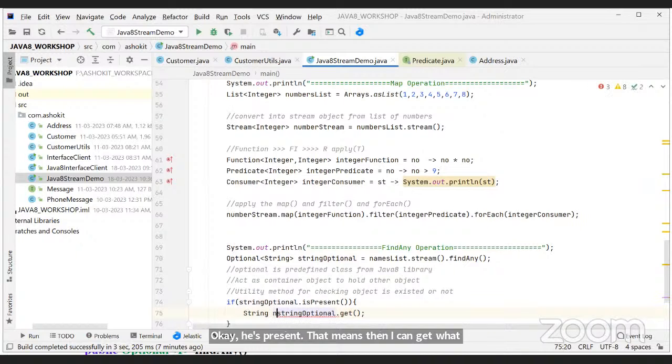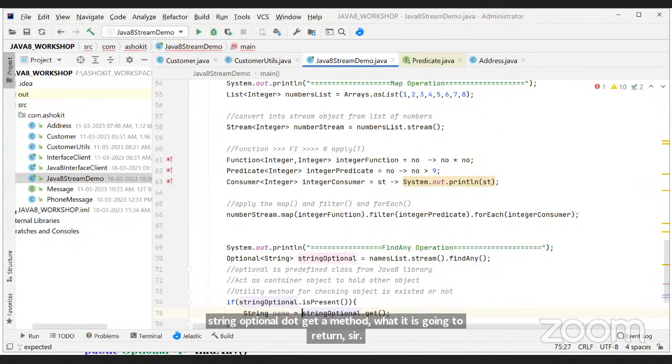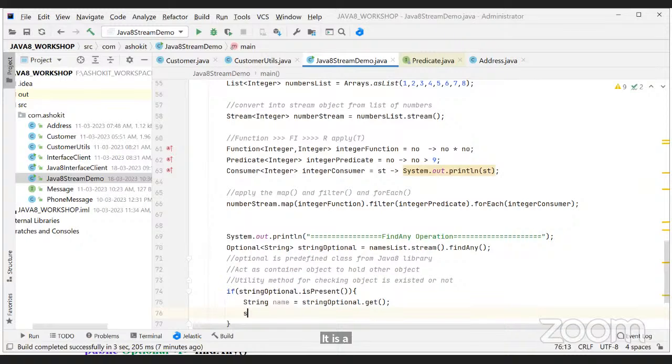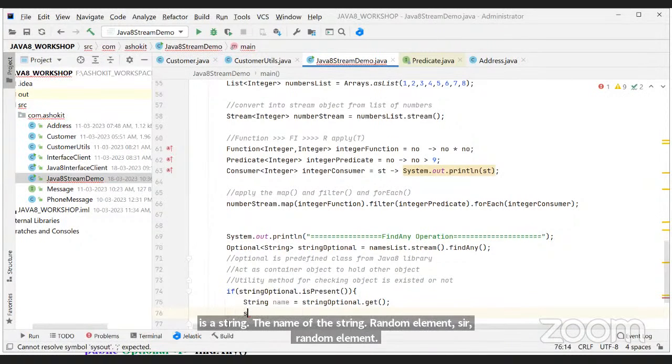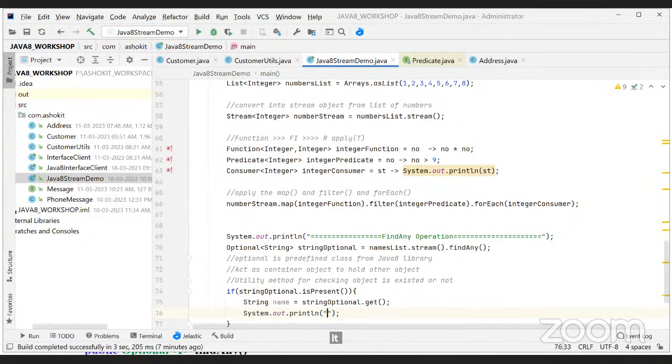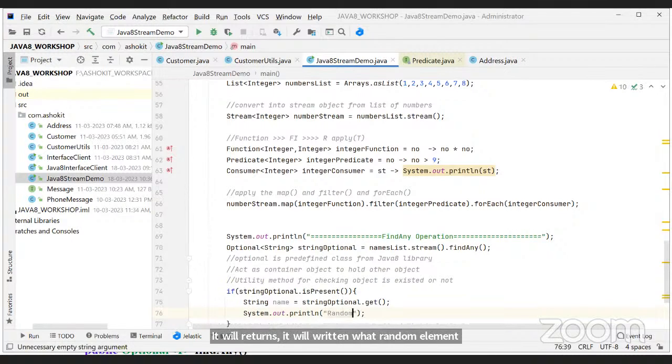It returns a string, a random element, some random name. Understood? That's all. Clear?